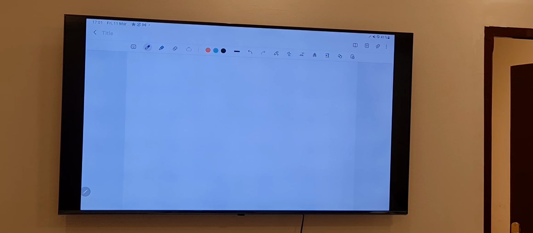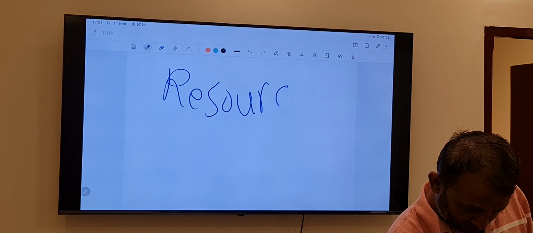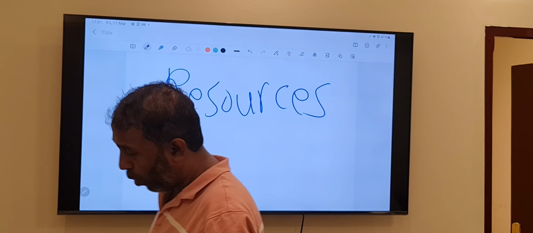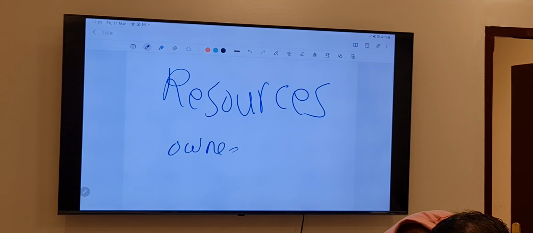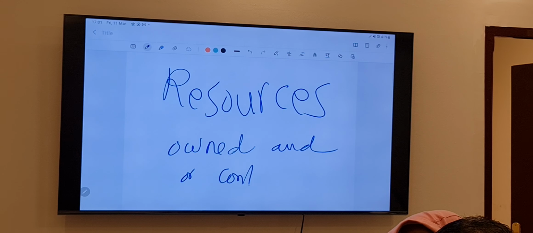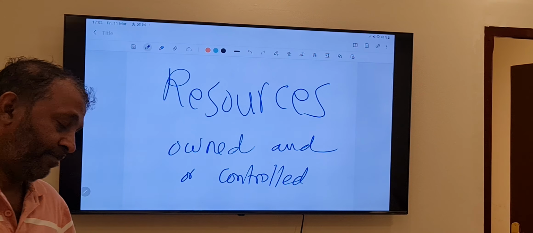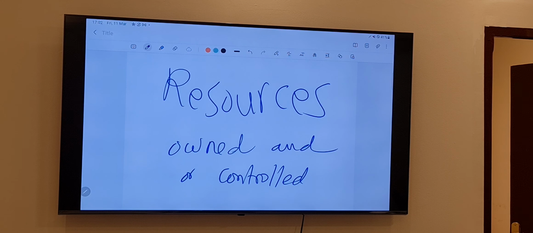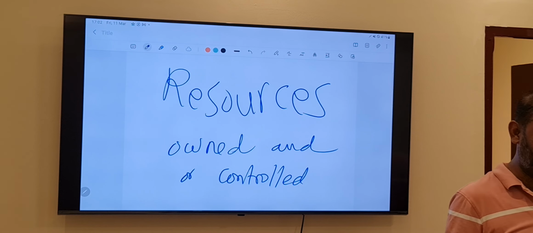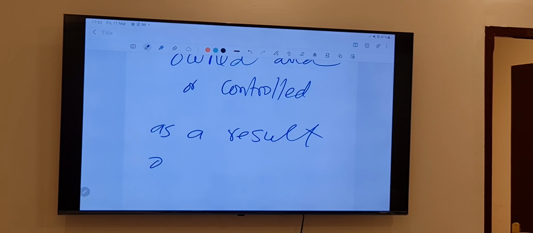Assets are resources, R-E-S-O-U-R-C-E-S, owned, O-W-N-E-D, and or controlled by the business as a result of past